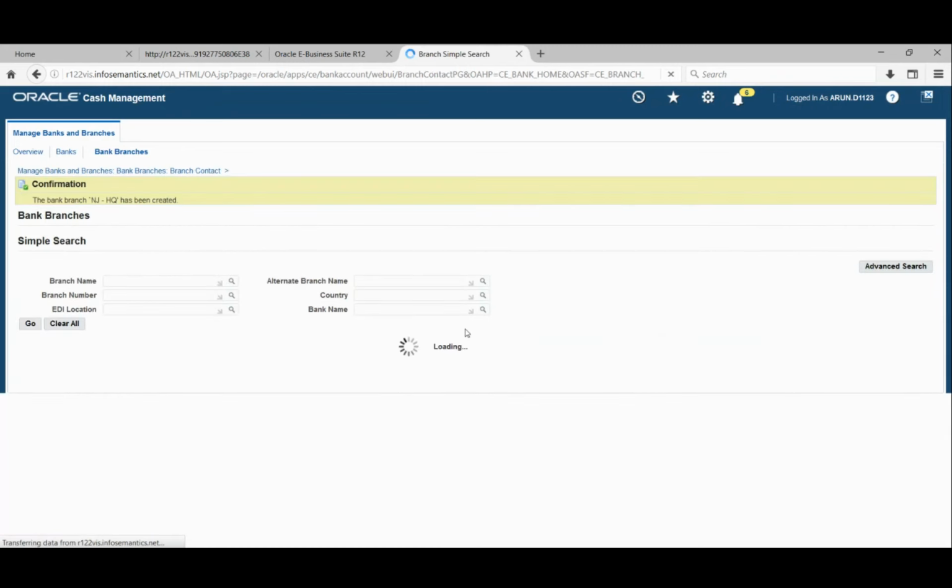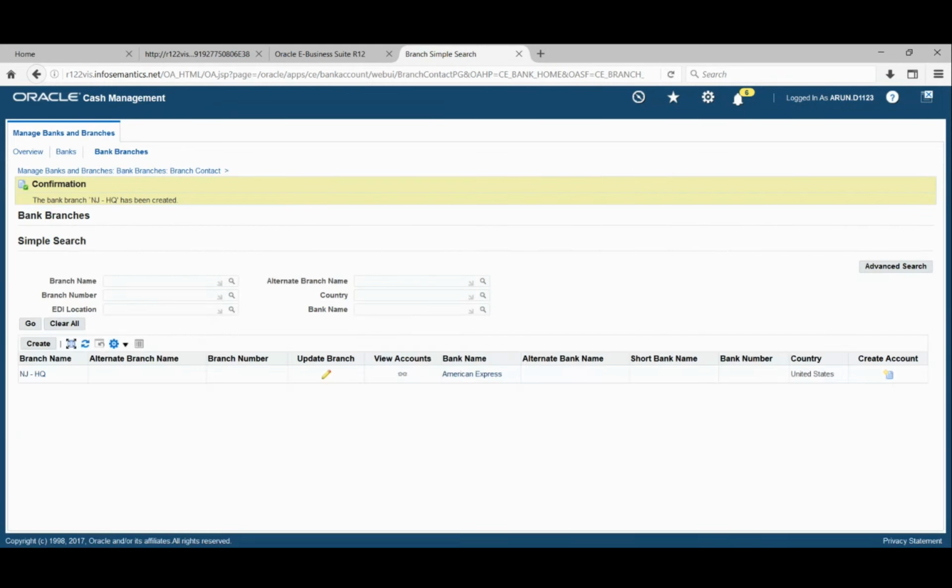So we have created the branch also. The next step is to create the bank account.